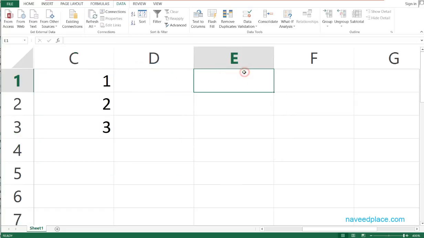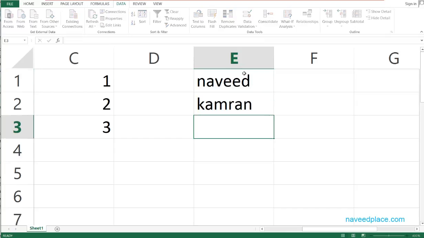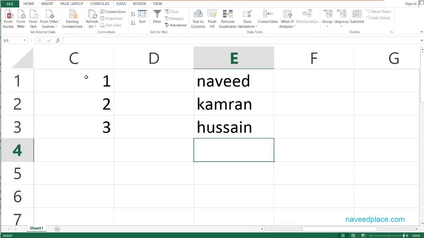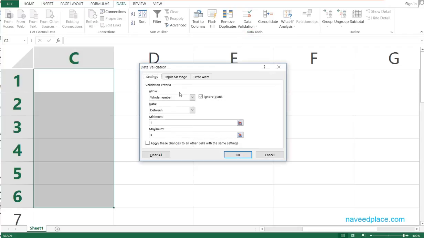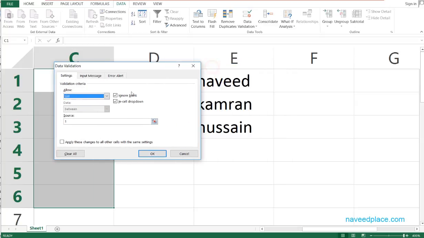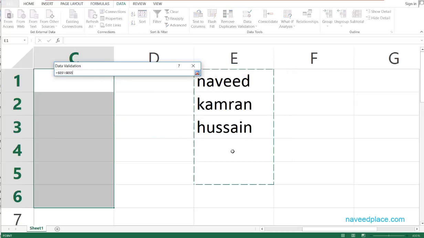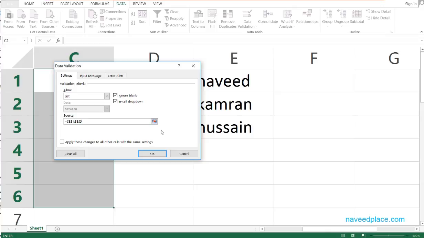For example, I type here names: Naveed, Kamran and Hussein. After this first I select this all, and I should remove this all, and first I select this all, then I will go in data validation, and I will click on list. As I click on list, it is asking for the source, so I say the source is just C. Okay, and after this I say okay,